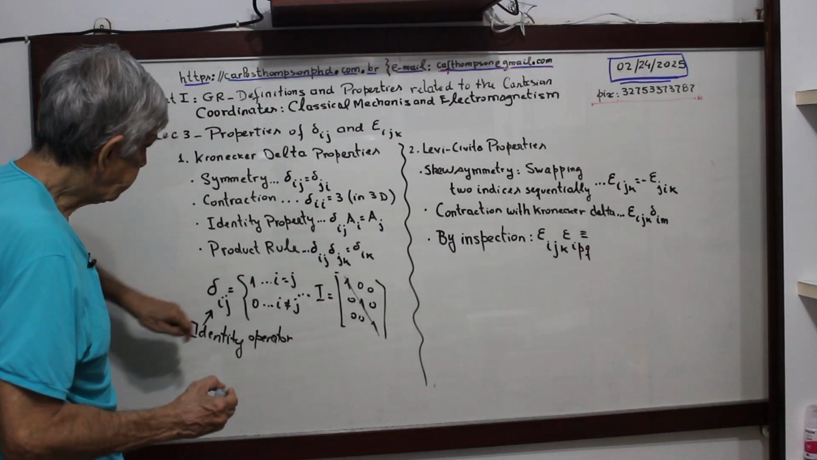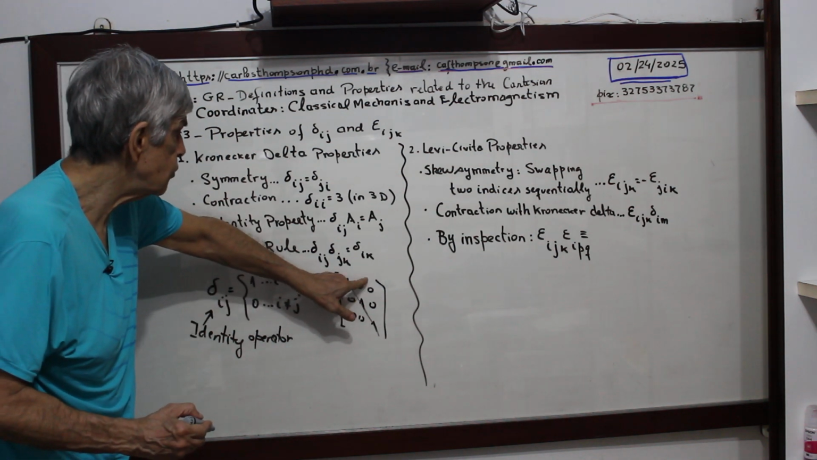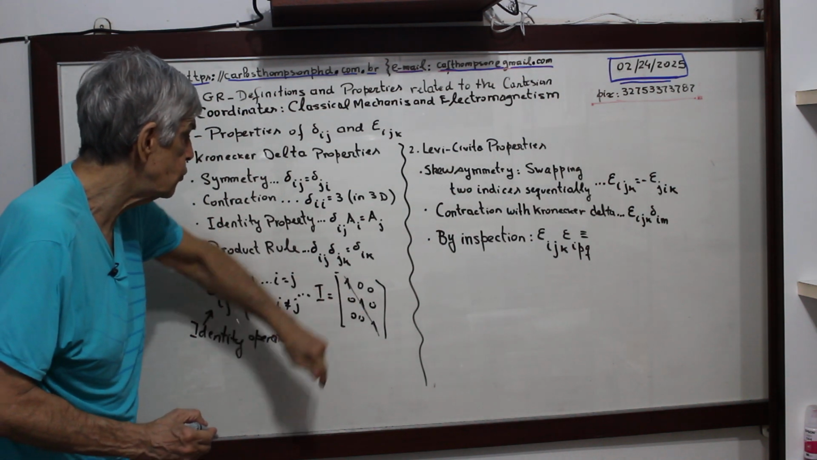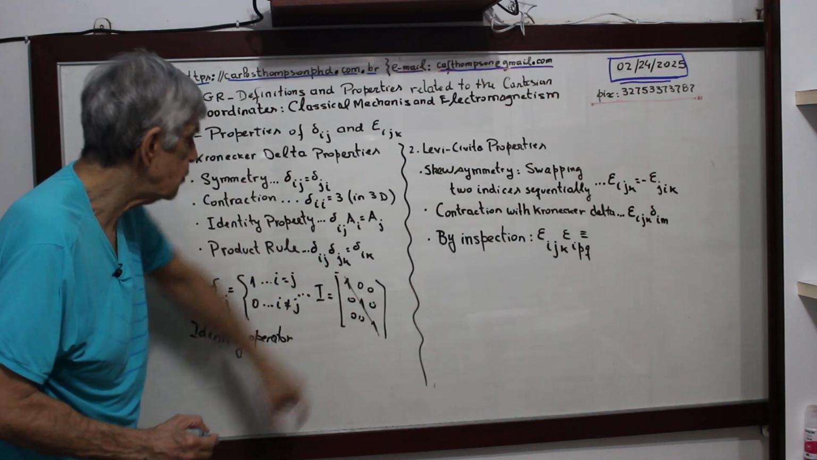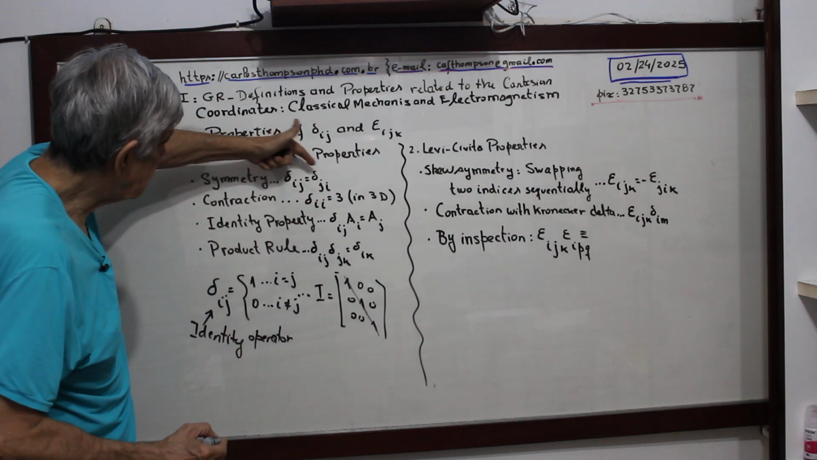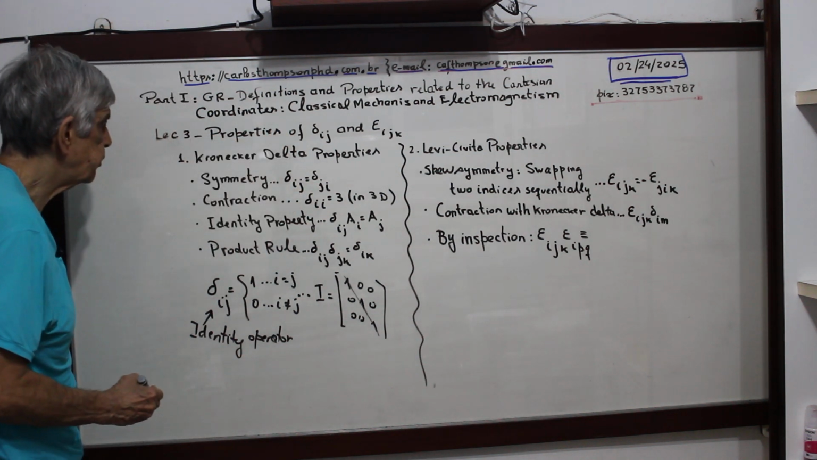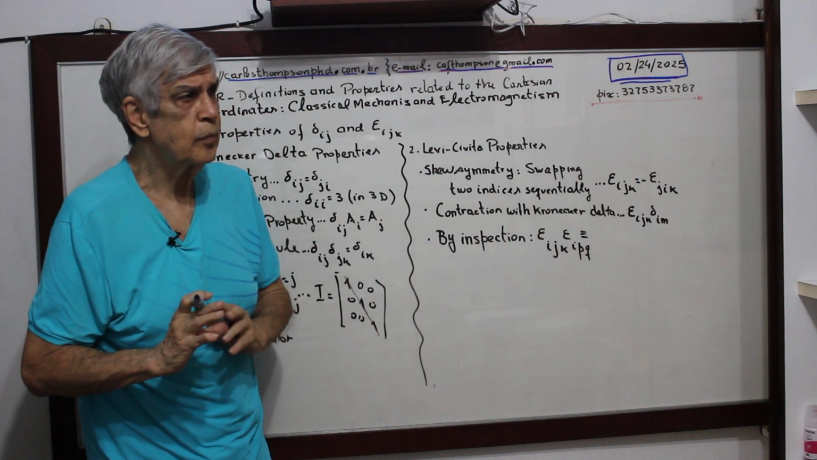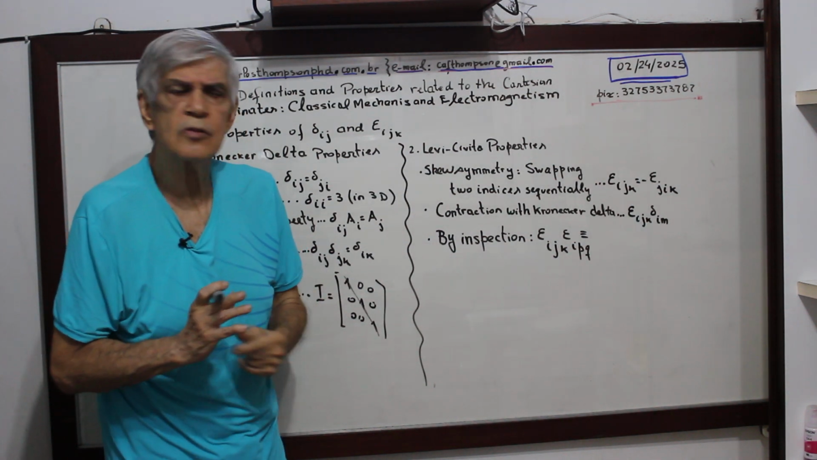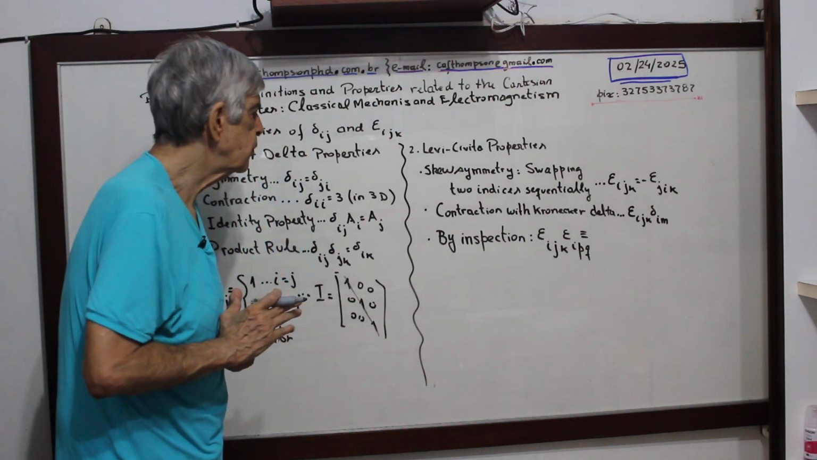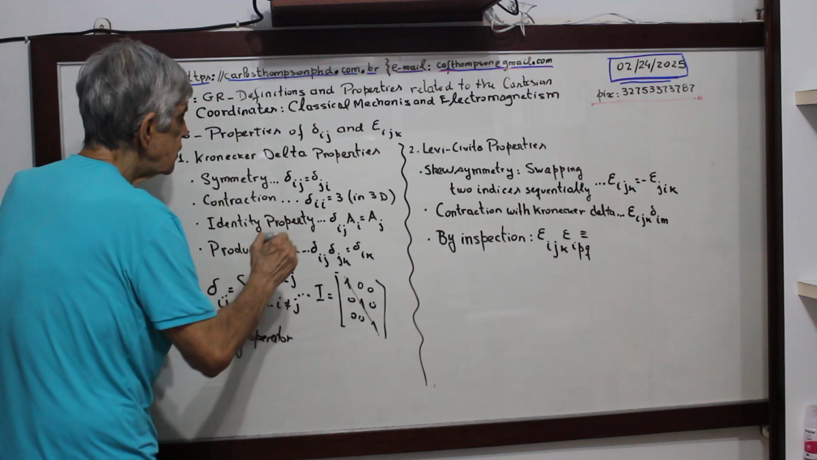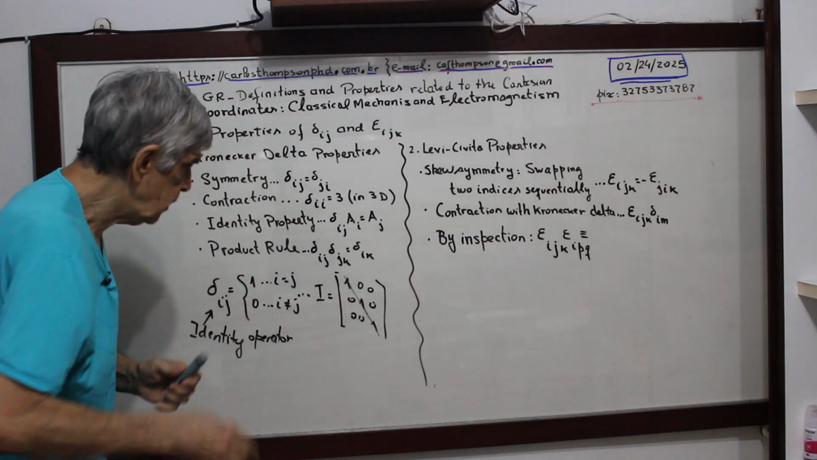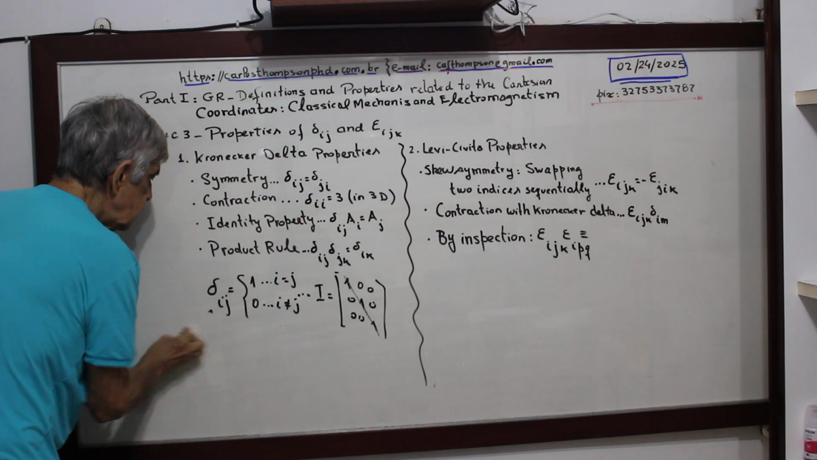So, you see, delta 1,1, delta 1,2, delta 1,3, delta 2,1, delta 2,2, delta 2,3, delta 3,1, 3,2, and 3,3. You see, this obeys this relation here. Symmetry. Now, contraction. This term you hear many times about general relativity. We call contraction. You see, delta ii is 3. Why is delta ii 3? From the definition,